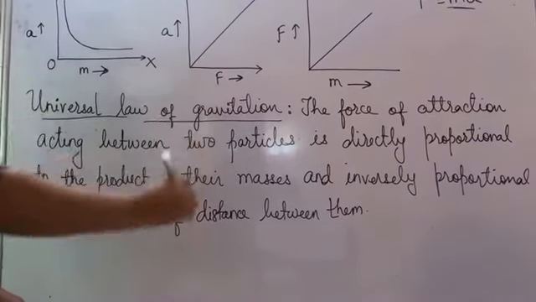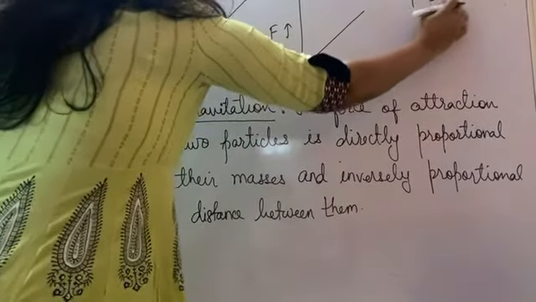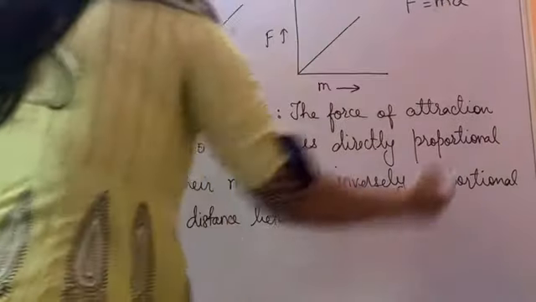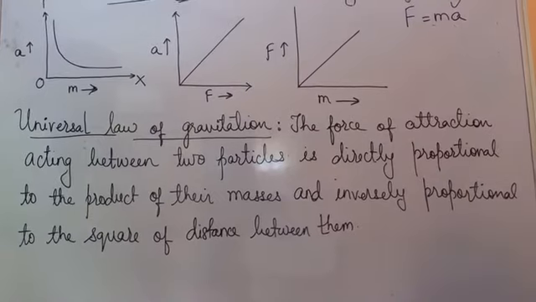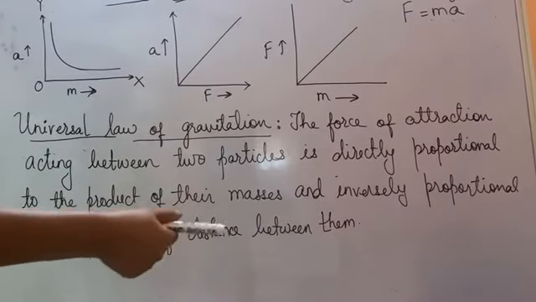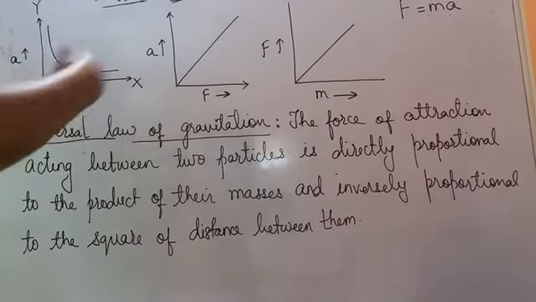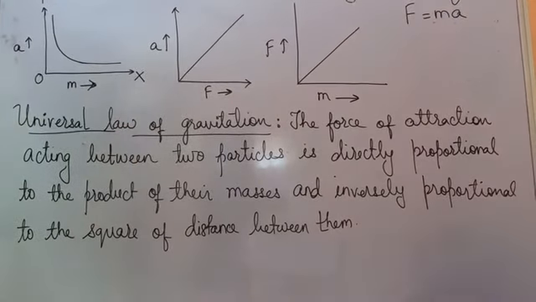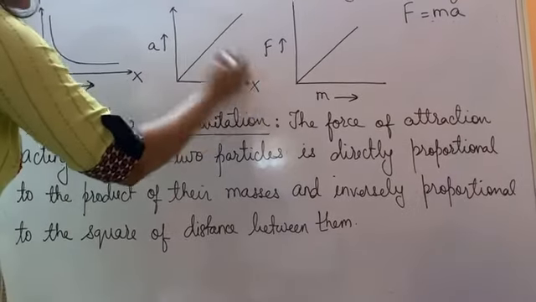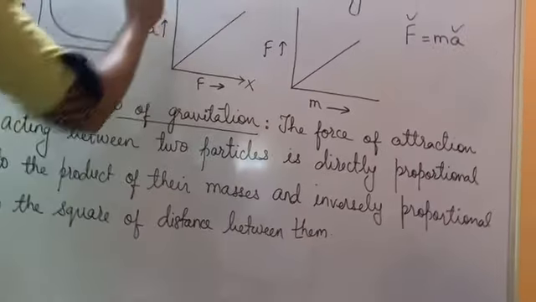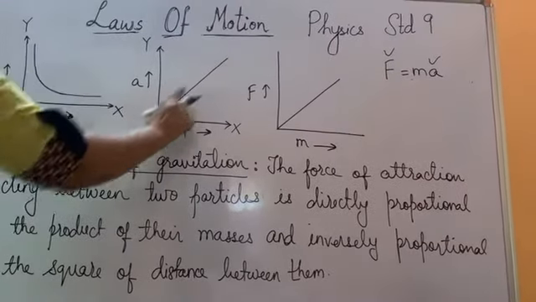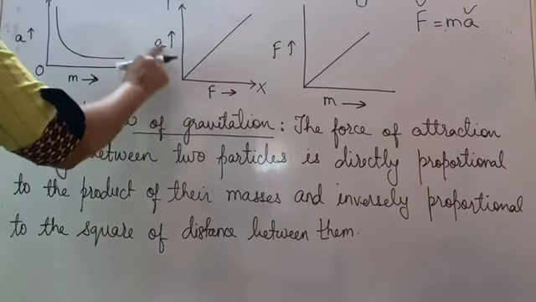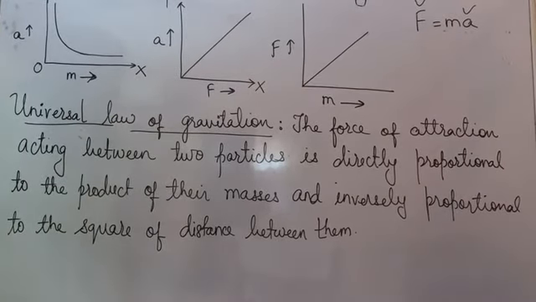The second concept is between force and acceleration. Force and acceleration are directly proportional. More force, more acceleration. To any body, if you apply more force, obviously it will accelerate, it will go faster. Directly proportional is always a straight line graph. If I take force on the x-axis and acceleration on the y-axis, it gives a straight line graph, and a straight line graph always tells you that these two quantities are directly proportional.